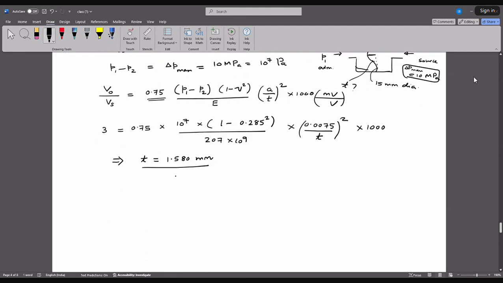So for the maximum out of plane deflection, what is the formula? Again, if you look through your notes, the maximum deflection at r equal to 0 will be